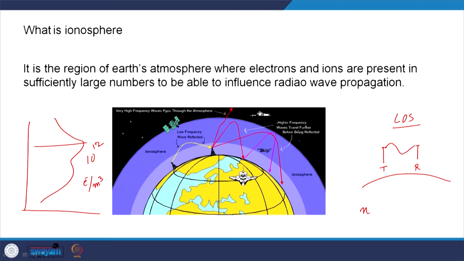So what is the role of the ionosphere? The role of the ionosphere is to reflect radio wave propagation that is happening from the Earth, and it will only be able to reflect radio waves up to a certain frequency. Beyond a certain frequency, in the higher cutoff region, the ionosphere will not be able to reflect radio waves. Rather, the ionosphere acts as a transparent layer for the radio waves to escape into space. So various communication devices and methods have been devised to exploit this reflecting property of the ionosphere.